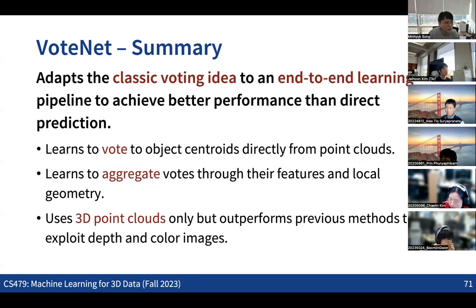So the quick summary is that this was the idea of integrating the classical Hough transform voting idea into an end-to-end neural network with three components. We first have voting from seed points, and then aggregate all the votes using some merging scheme. Then for each cluster of votes, we use PointNet to get the final information for each of the instances. And we have also seen that this voting scheme can be especially effective when the points on the objects are typically far from the center of the objects. So this was simply the idea.